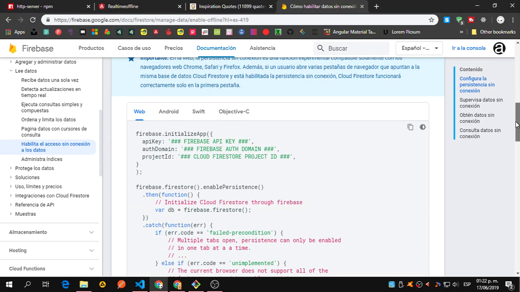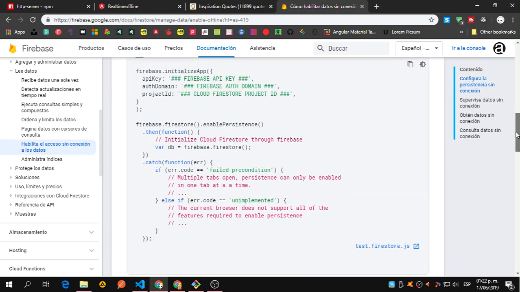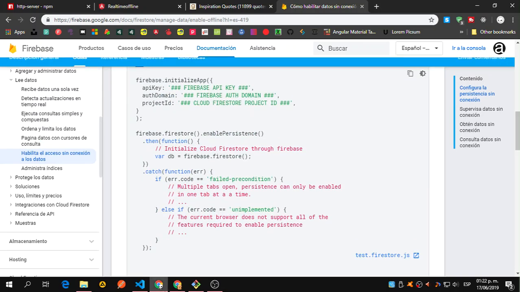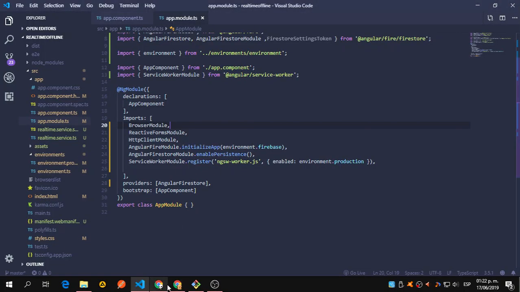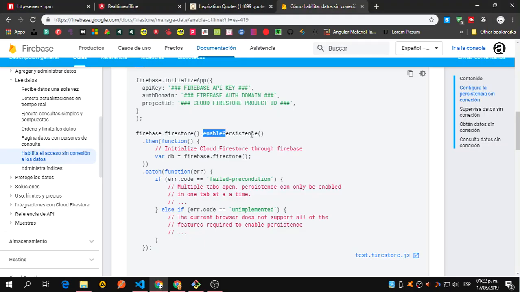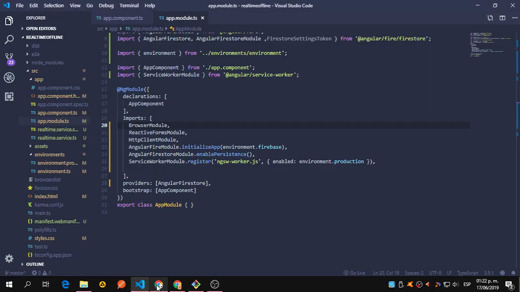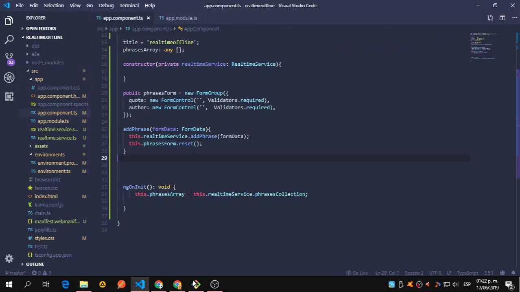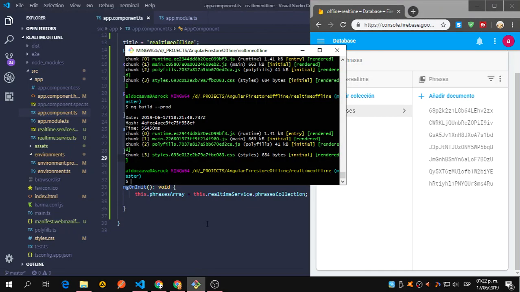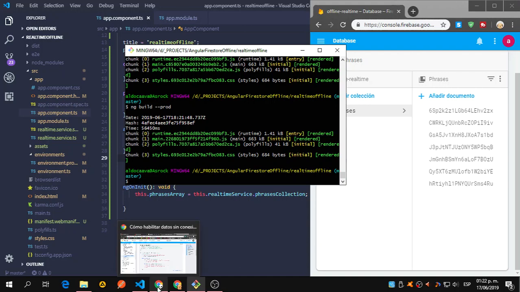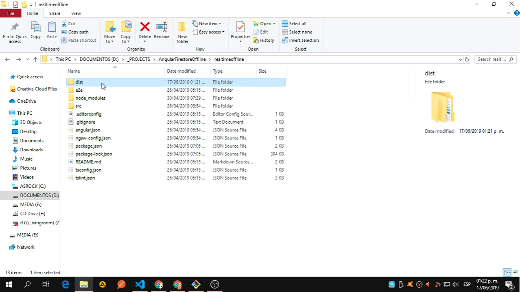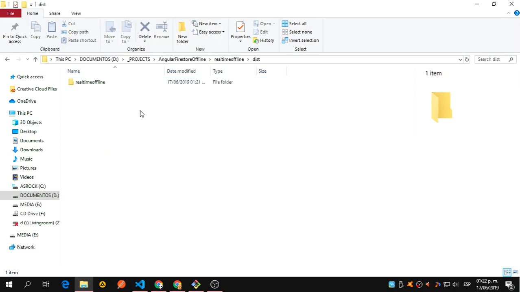Maybe they show here. Okay, but that is being done inside the service. So here we just say Angular Firestore module enable the persistence, so we can use the cache. Okay, this thing is done. So let's actually go inside this folder,